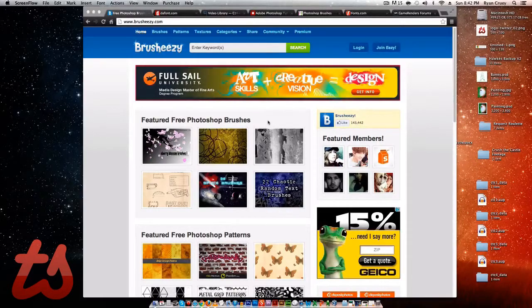Hello guys, in the past couple of Photoshop tutorials we've been talking about cool little tools and resources we can be using that are included in the Photoshop software, but today I want to show you some cool sites that would be pretty useful for your resources page. Two of the sites in particular I'm going to talk about are one for free fonts and the other for paid fonts.